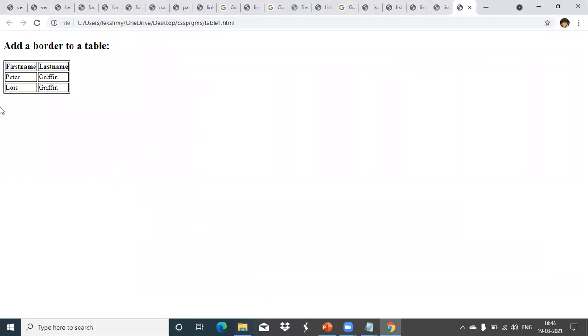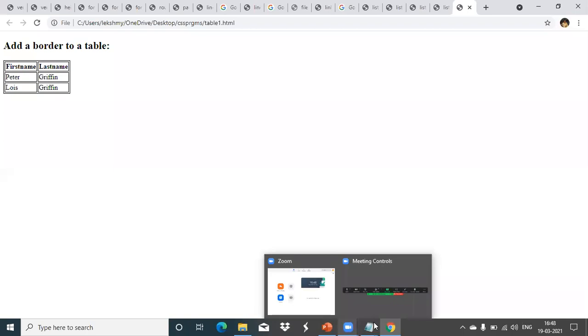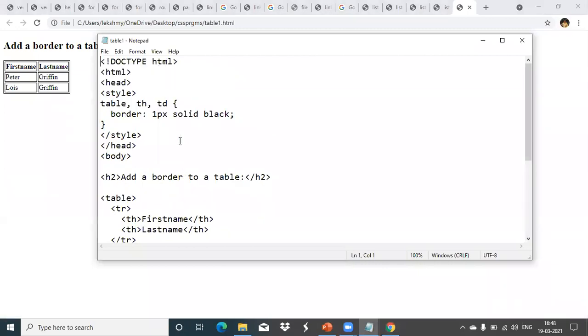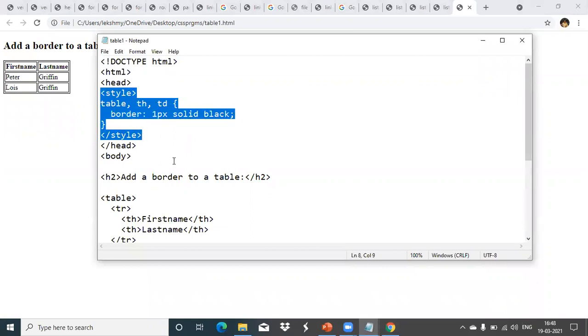Correct? When we did it with HTML also, we got the same thing. Now, what is the difference? Instead of giving that inside the table tag, we have specified it using styles. That's it. Okay, that was the normal one only. There, to get this type of table, we have given the border in the table tag. Now, instead of that, we can do that with a style also. Same thing. Like this we can do. This is the style we have defined for the table.